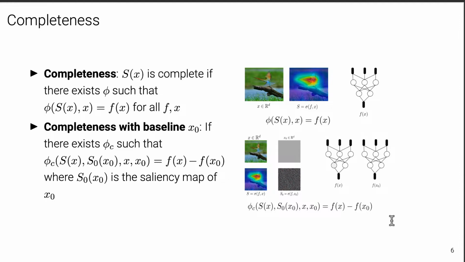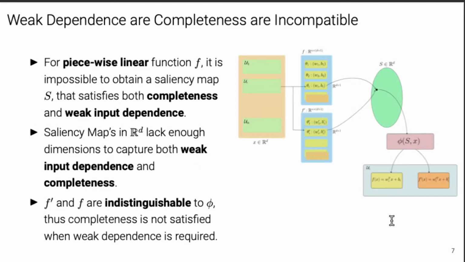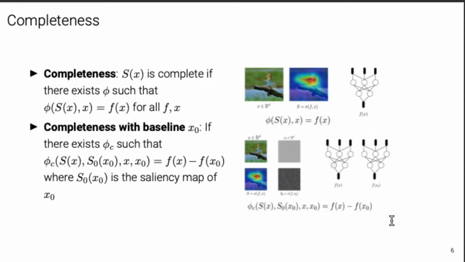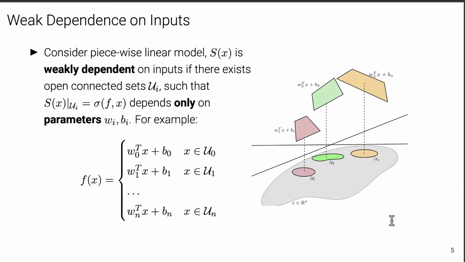And with this baseline, we should be able to recreate the model output difference between what we expect it to be and what it is. So basically, completeness means we are capturing the full model output distribution. Now, one of the things, when we create these two requirements,